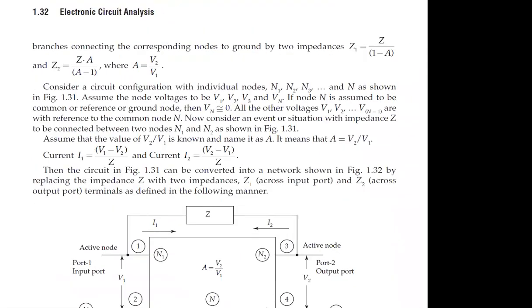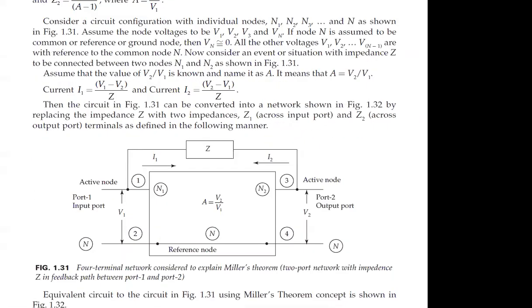From this circuit, this can be considered for n number of nodes. This is node n1, node n2, node n3. Like this, we can consider n number of nodes, with the different nodal voltages V1, V2, V3, and so on up to Vn. Similarly, those nodes can be represented with the different voltages, and the currents can be given as shown here.